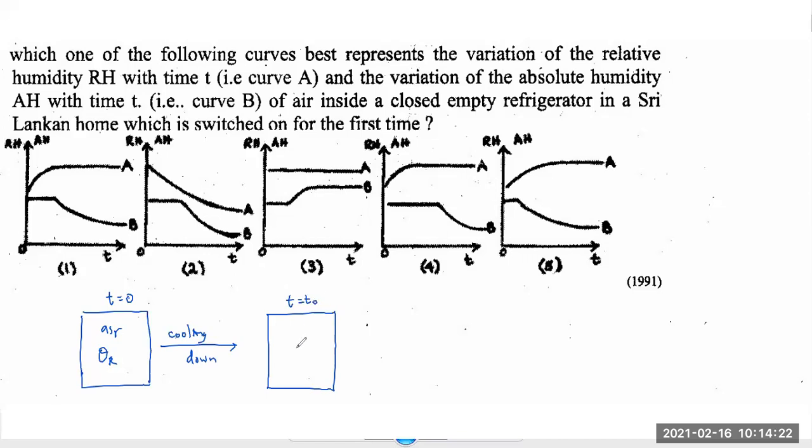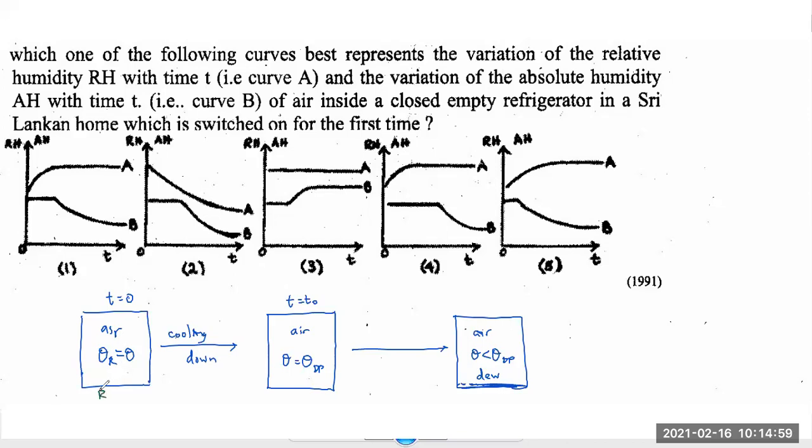What will happen? The temperature will reduce and reach the dew point. Temperature inside the fridge initially is room temperature because we closed the air and trapped it. After that, you keep reducing, and now the temperature will be less than the dew point. Still air is there, temperature will be less than the dew point. When the temperature is less than the dew point, you can expect dew to be formed inside the fridge. All right, we have done this in the previous examples as well.